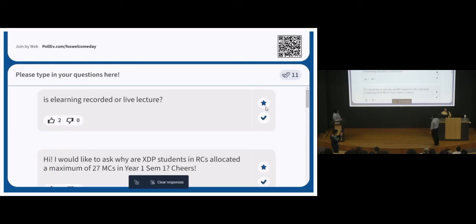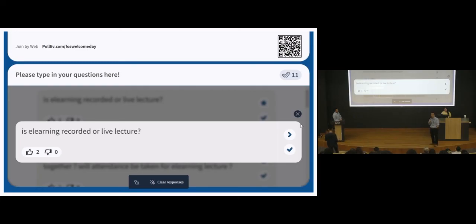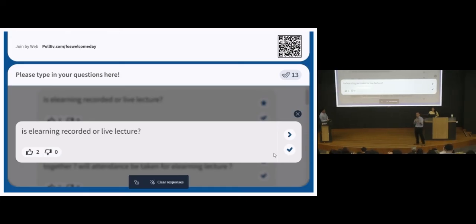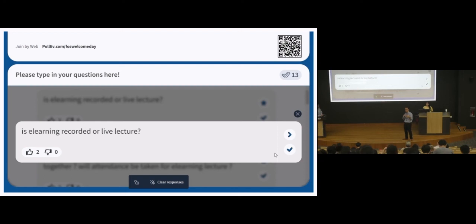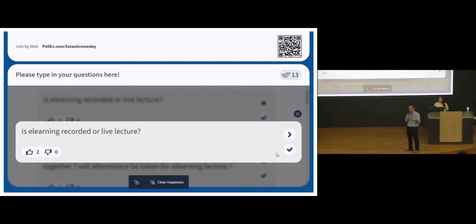E-learning, recorded or live lecture. Okay, so this one can take different forms. If a course is listed as an e-learning course, then different lecturers or different course coordinators may choose to run them differently. So it could be live, but at the same time webcasted. So it could be a hybrid, where you could be physically sitting in the LT, whereas your classmate may be accessing that same live webcast in a different location. Or it could be a recorded one, pre-recorded videos that are uploaded for you to access on time, on target. So it can vary.